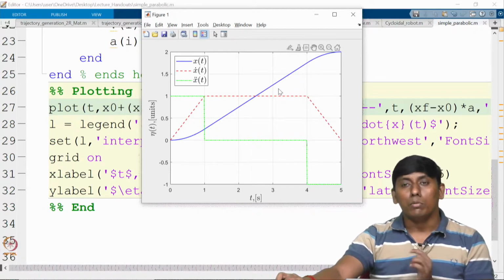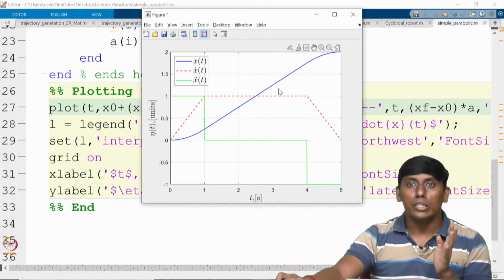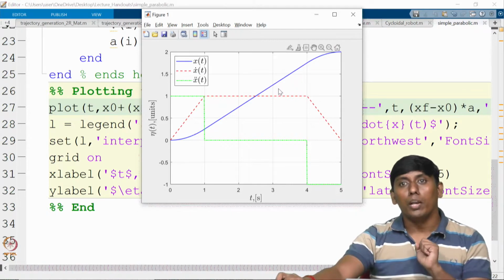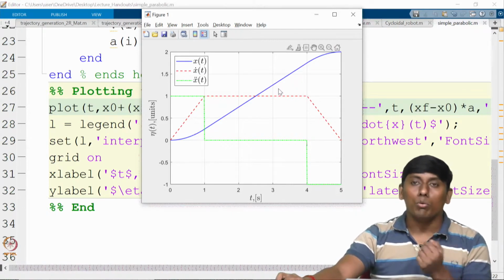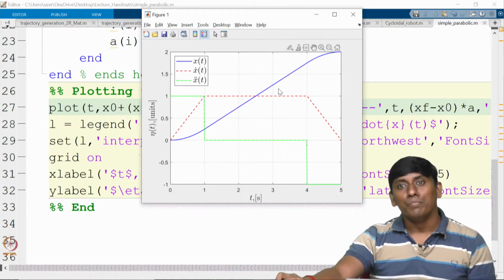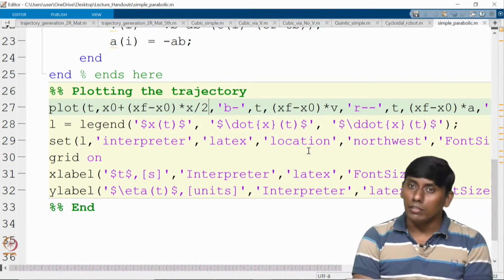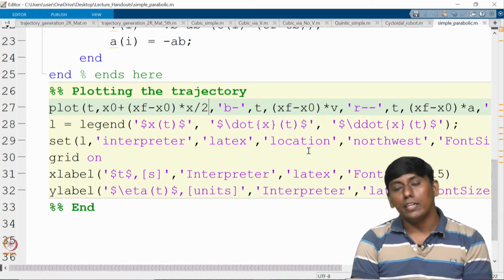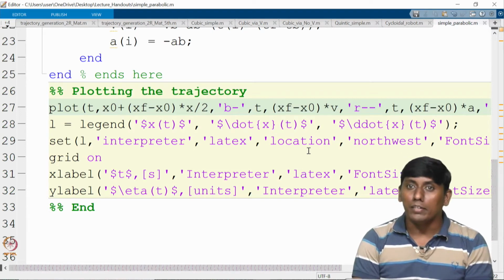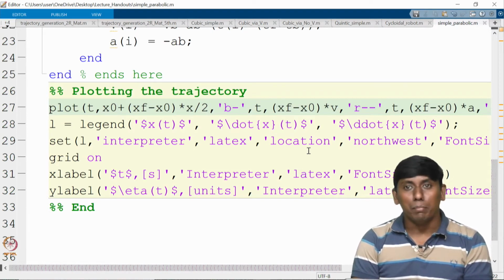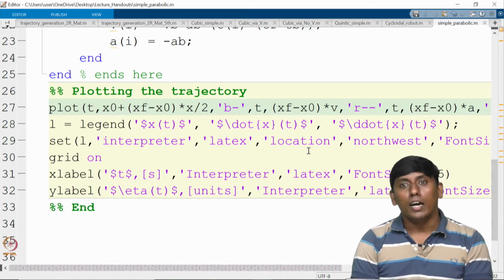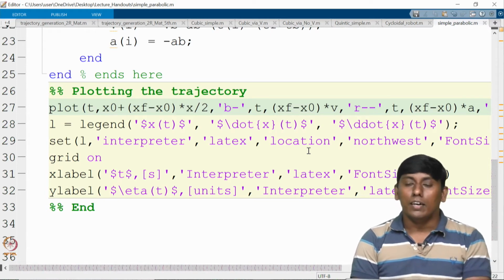That is why most industrial manipulators go with cubic polynomial or cycloidal, or if you want to control the acceleration, they go for the fifth order quintic one. With that I am ending this particular lecture. In the next lecture we will see how we can generate the manipulator trajectory. For that we will take a simple example of a 2-hour serial manipulator, and we will see how the joint space and task space schemes can be generated and realized in MATLAB.